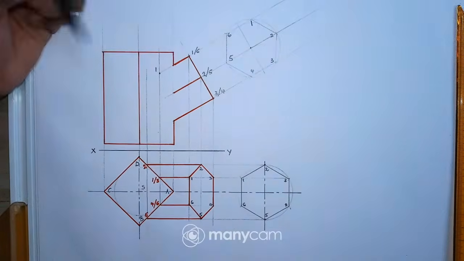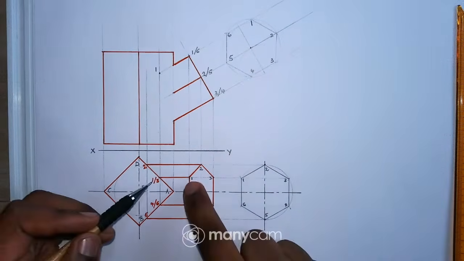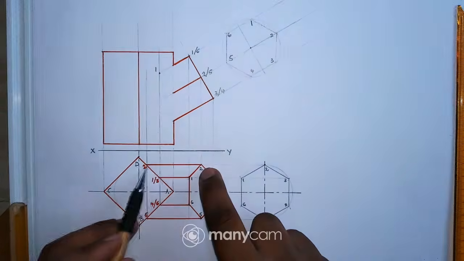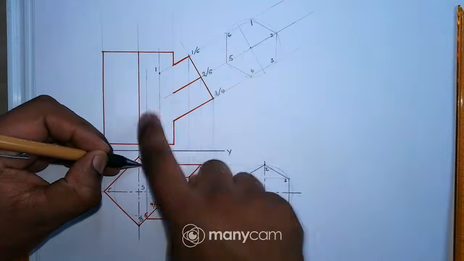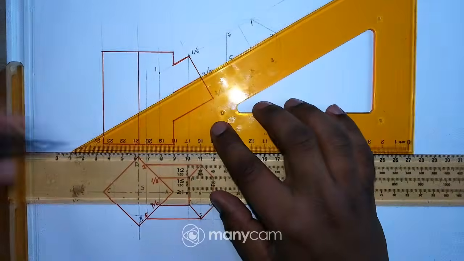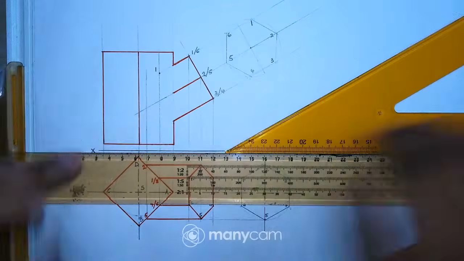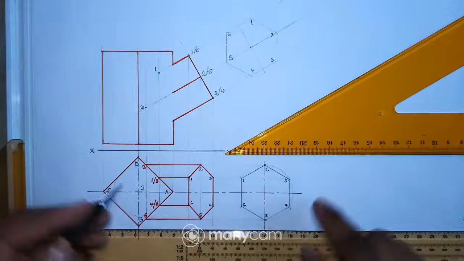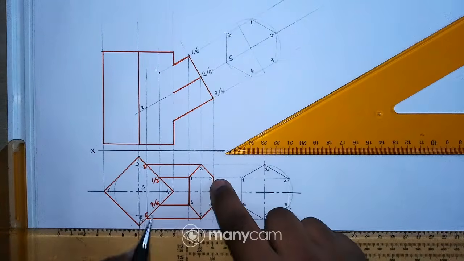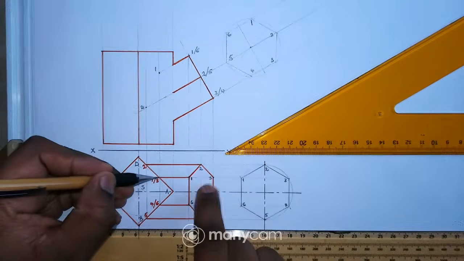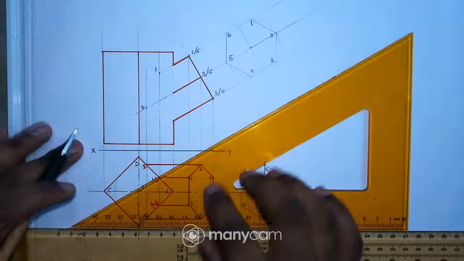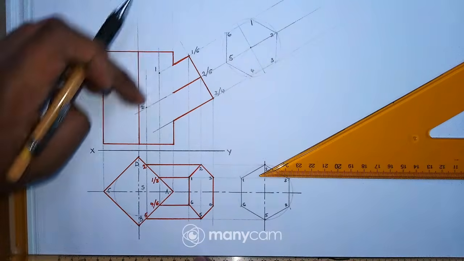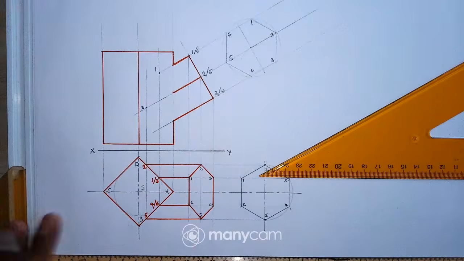All right. I move to 2. I have point 2 there, and I have 2 there. So where they connect, it's a point. So I'll have to extend that line down to here. So I have point 2 right there. Okay, and I have point 3 there, 3 there, right? So I'll have to extend that line. Remember, I'm trying to draw the curve of interpenetration, right? Okay, so point 3 is there.